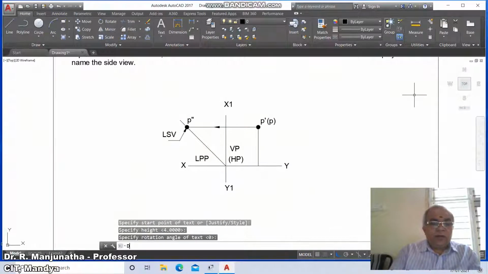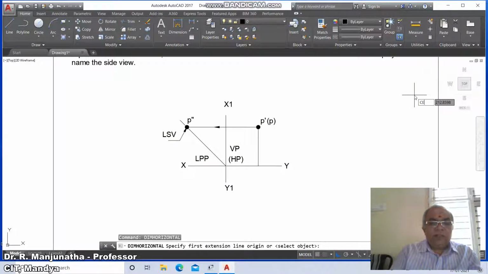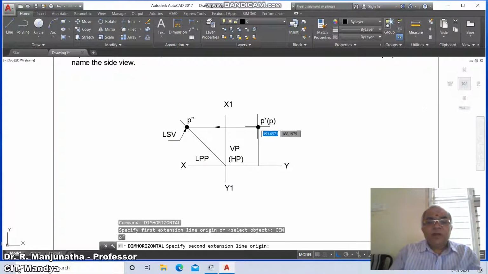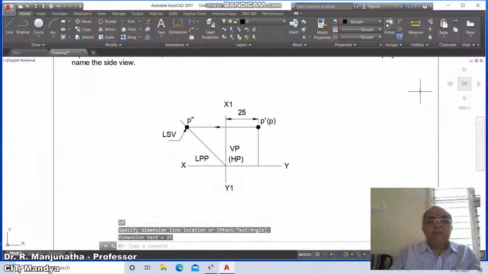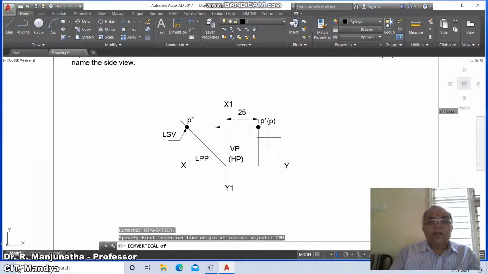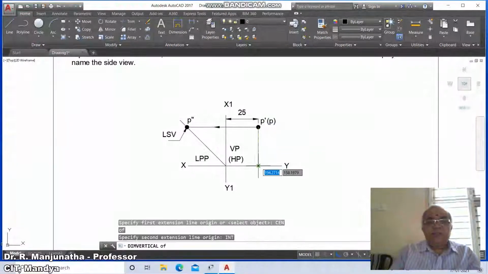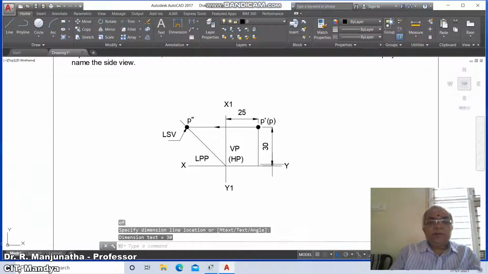Now we go for dim horizontal, take the center of this and then the end of this, and this dimension is 25. Similarly dim vertical, take the center of this and take the intersection of this and place it wherever you want.